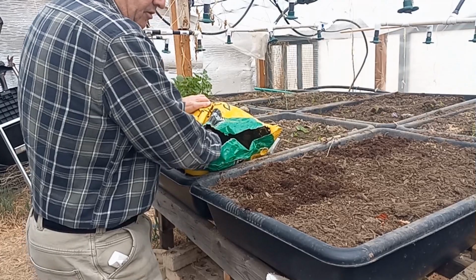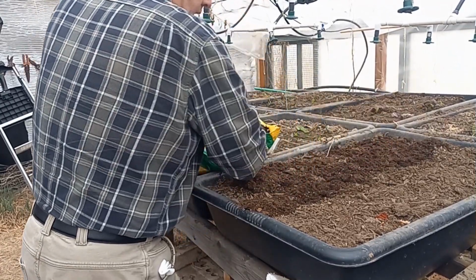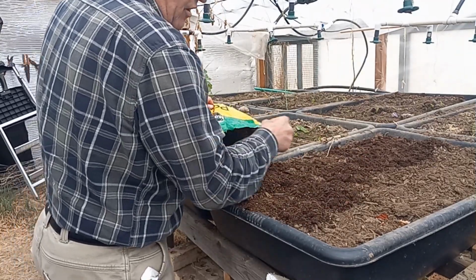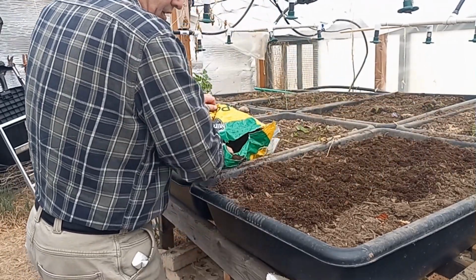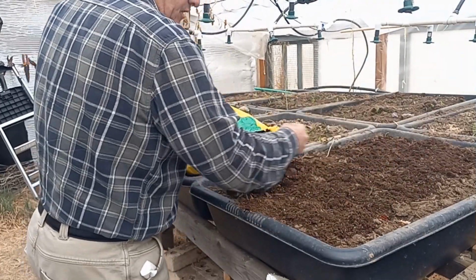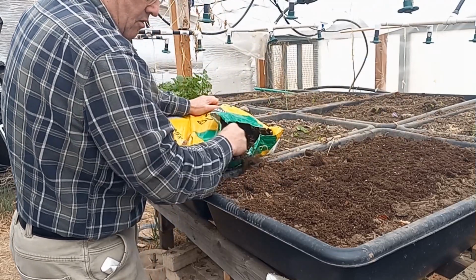And there we go. Just want to keep them covered so that the roots have somewhere to go. And hopefully some of these are not so far advanced in germination that there isn't any seed left for them to rely on for nutrition until they get a little bigger. But anyway, so